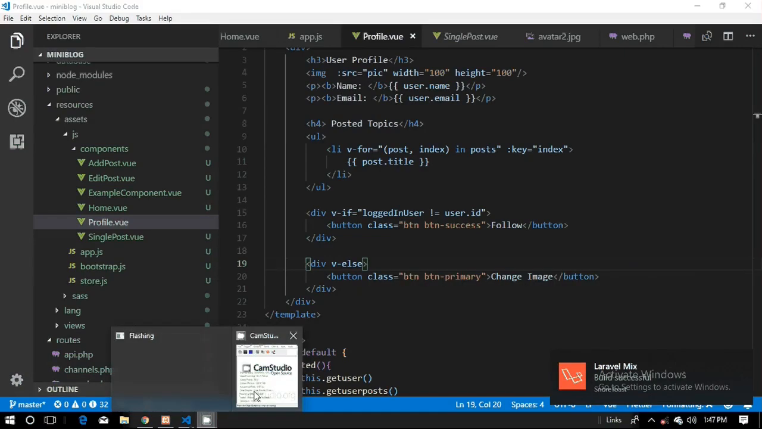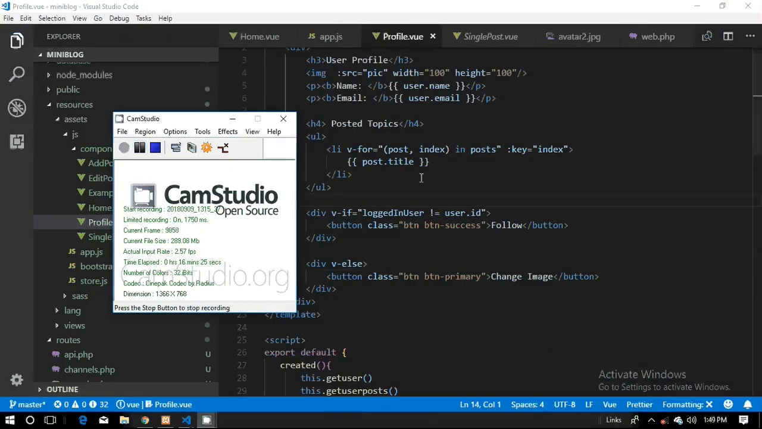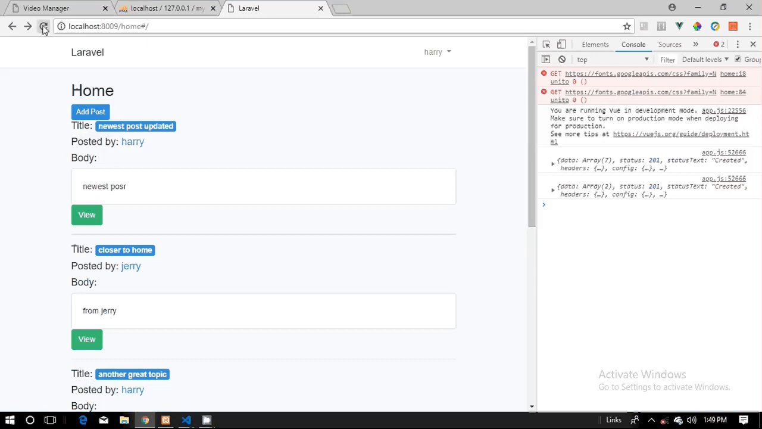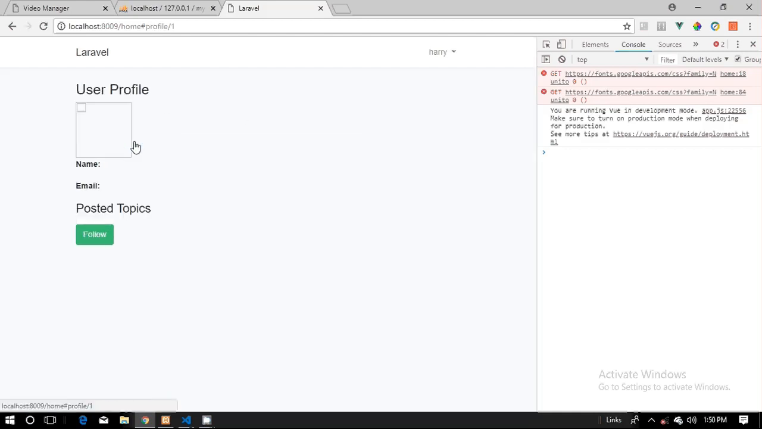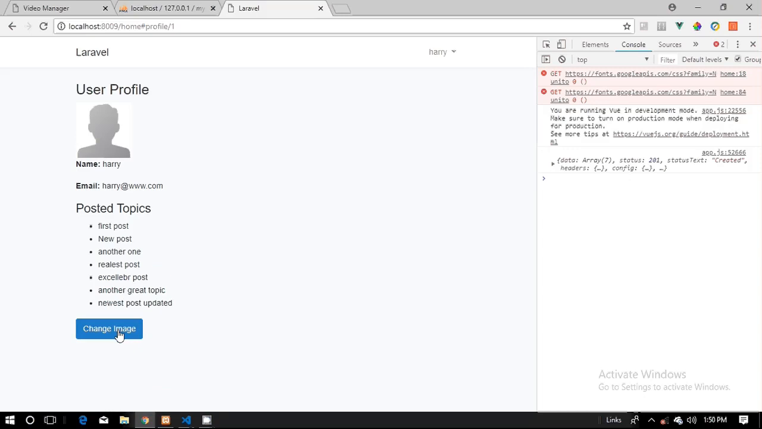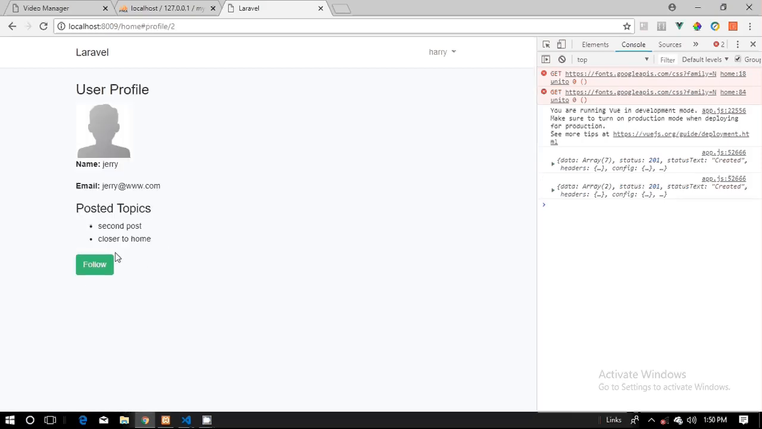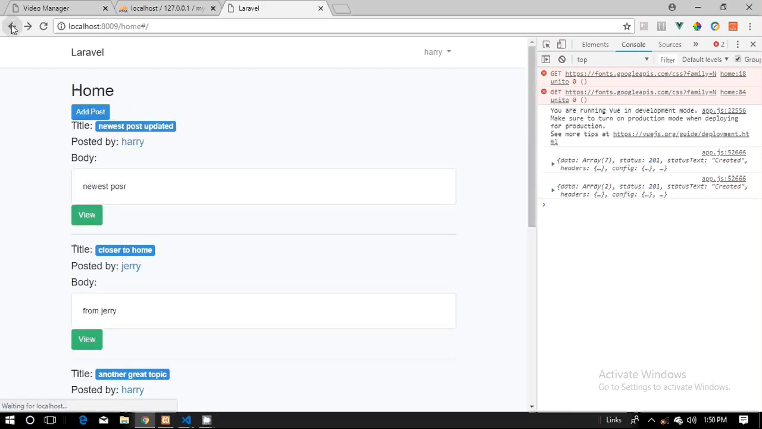So alright, so let's see if it works. Okay, so I removed the span with the class badge from the name, so that we'll be able to see it very well. So let's see if it works. Harry will go to his profile now, and he has the option to change image. So let him go to Jerry's profile, and he has the option to follow. So everything is working well,